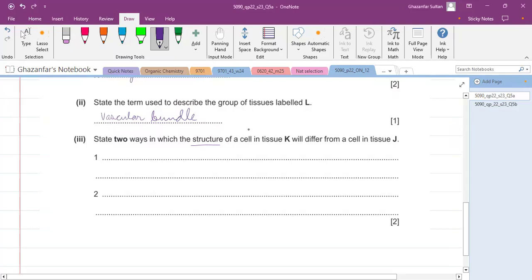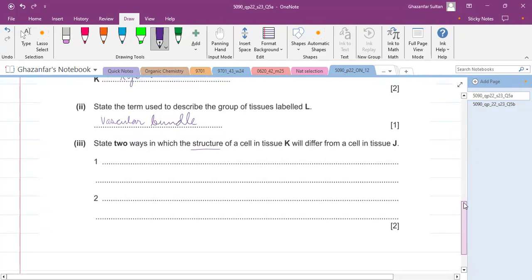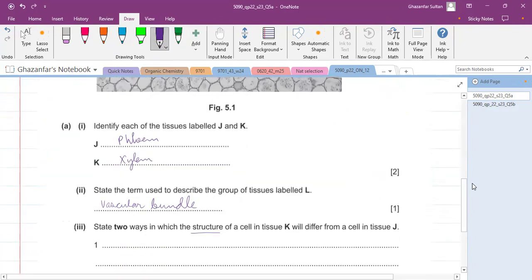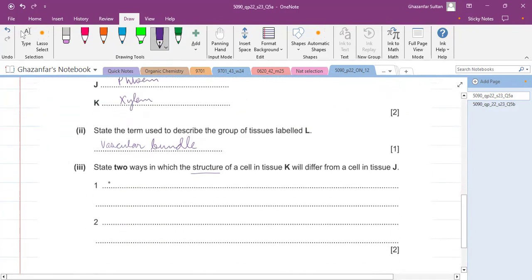From the diagram, it is obviously clear that xylem has a thick wall, but phloem has a thin wall. So the first structural difference that you can write is that K is xylem,